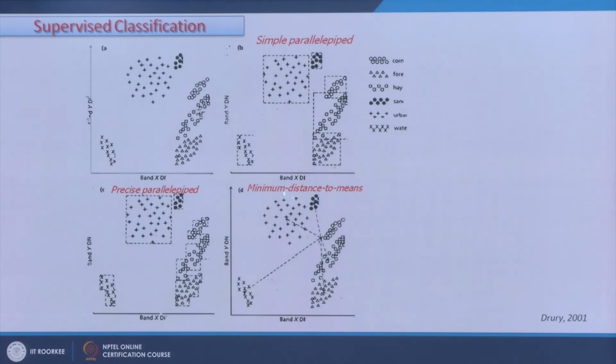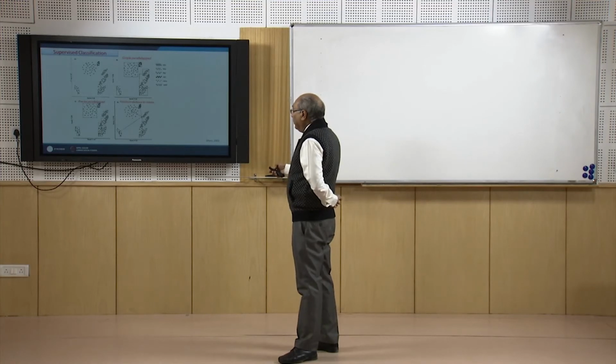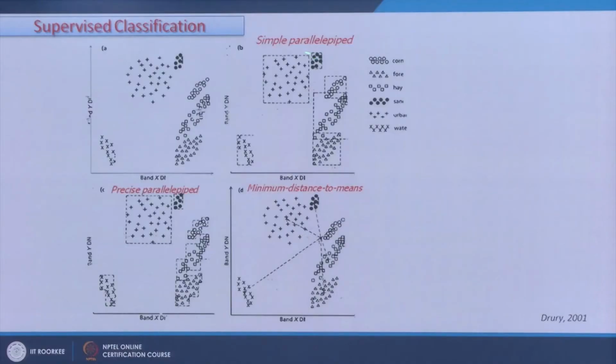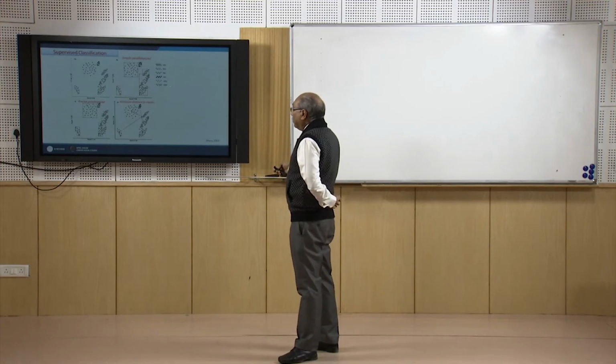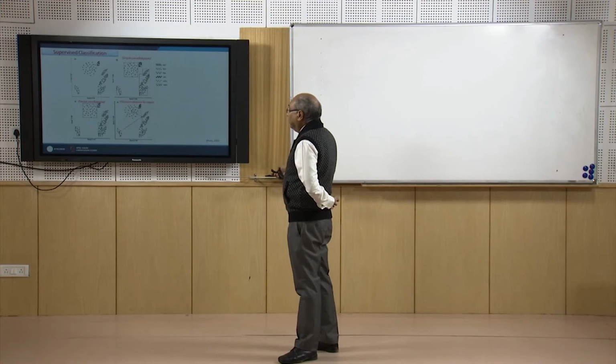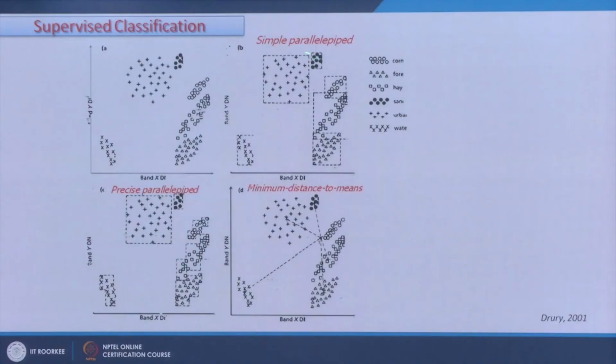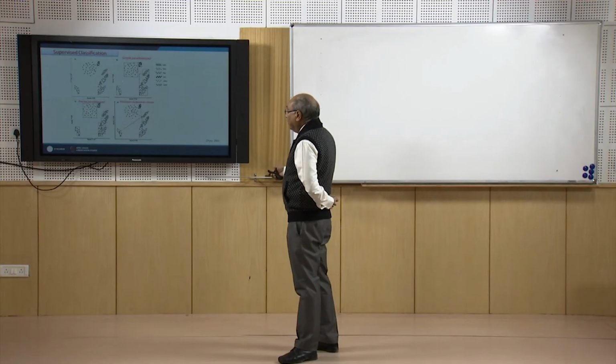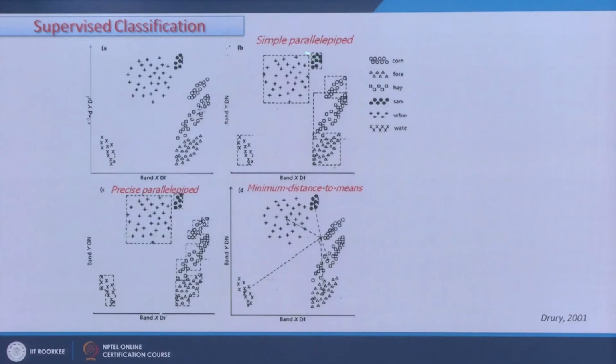Then there is parallelepiped classification, where instead of determining the mean, a box is drawn, and wherever these pixels are falling, having the same spectral characteristics, accordingly they are assigned. As you can realize, the plotting is the same in 2D space as here, but I can draw a box so that some more pixels of some other areas will be included,